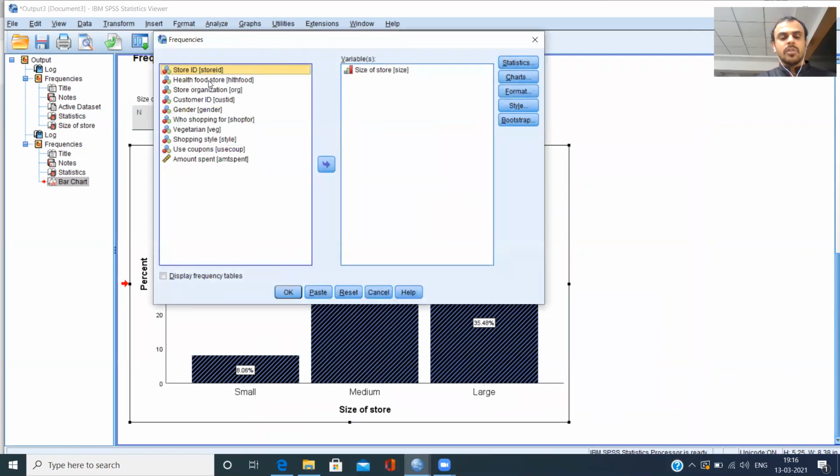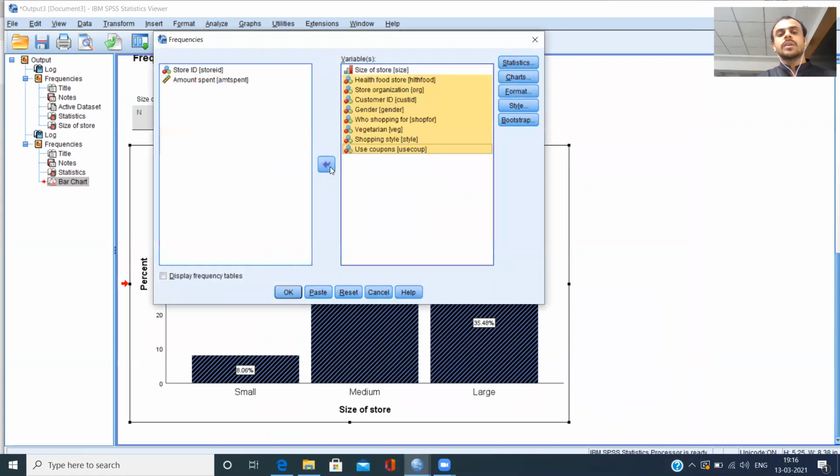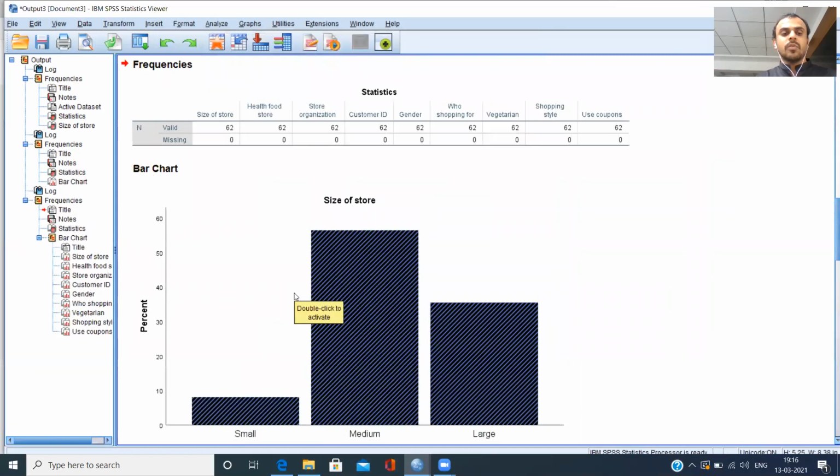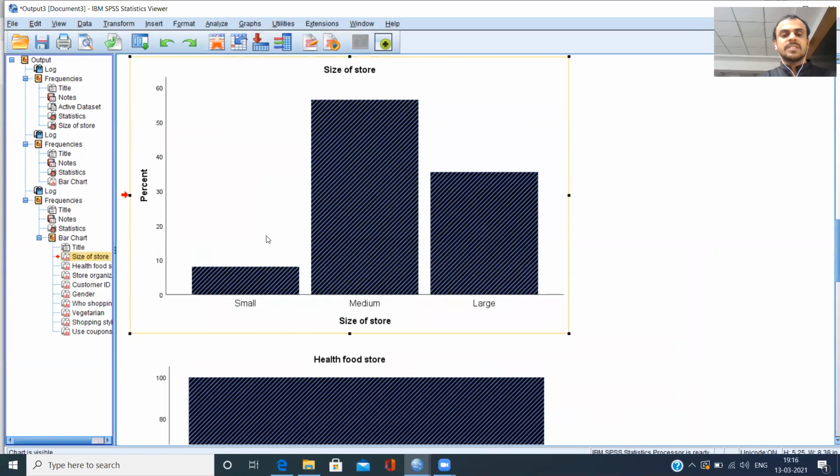Now, I see that I've got a lot of scale variables. So I will be choosing all these scale variables. Sorry, my apologies. I see a lot of nominal variables. These are all nominal variables. I see only one scale variable, that is amount of money spent. So what I'll do is I'll choose all the nominal variables, right? And in one shot, take a chart of this. I want to see the chart for each of these things. So you can just see the chart here,